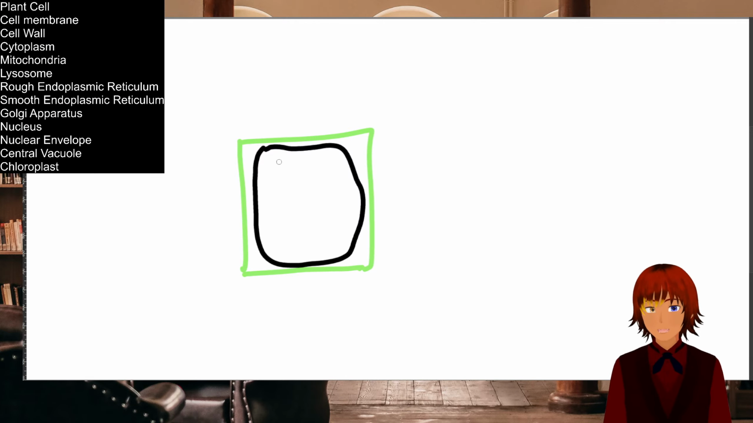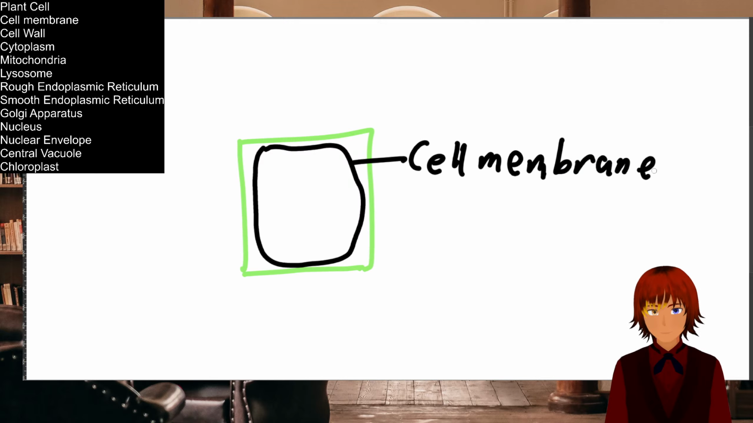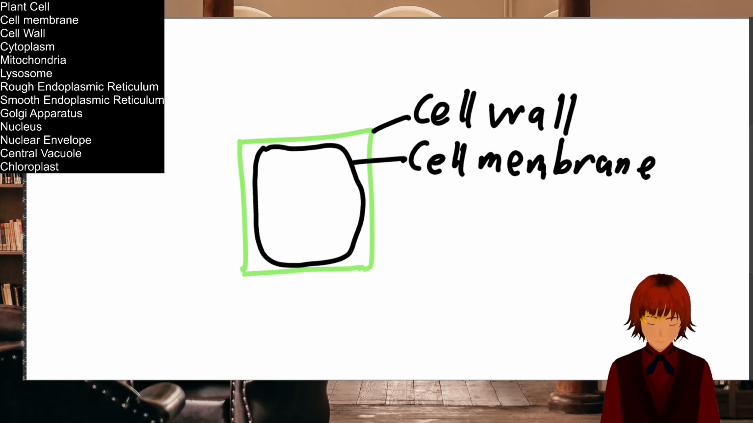So, like animal cells, they have their cell membrane. But above that cell membrane is your cell wall. The cell wall isn't unique to plants, it's also found in bacteria as well. But bacterial cell walls have a different structure than plants. The cell membrane and cell wall both have the purpose of providing structure